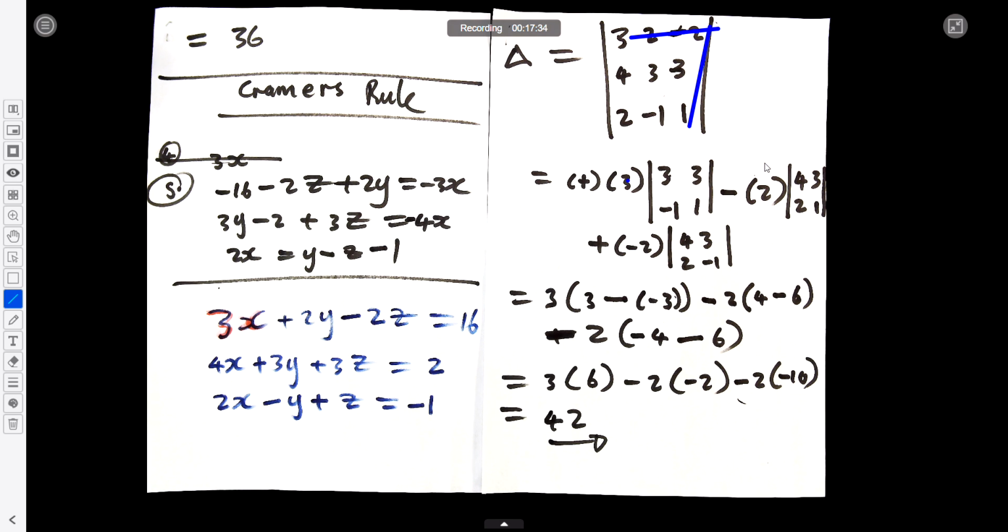So that is the solution. That is our determinant. We're not done solving for x. So we have deduced our determinant. We need to now determine our